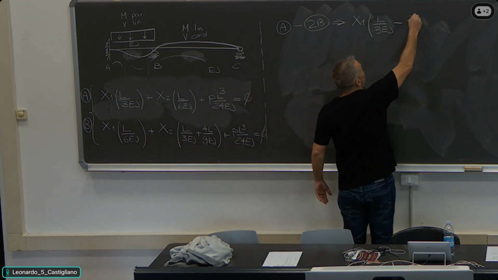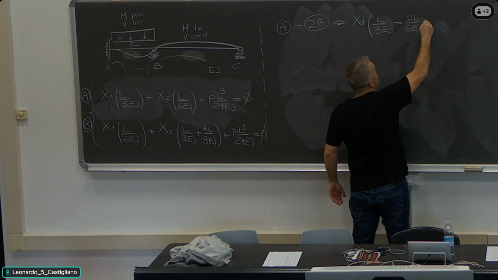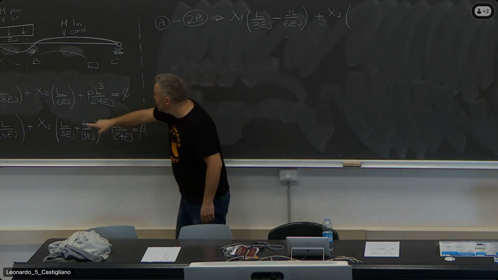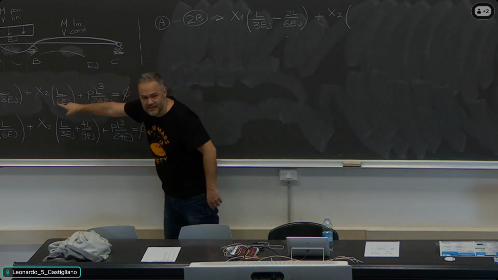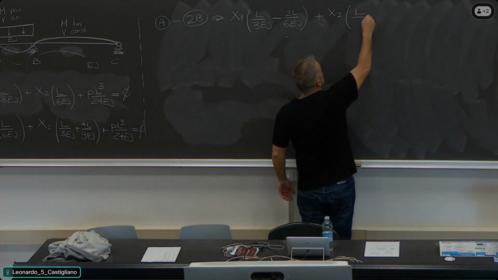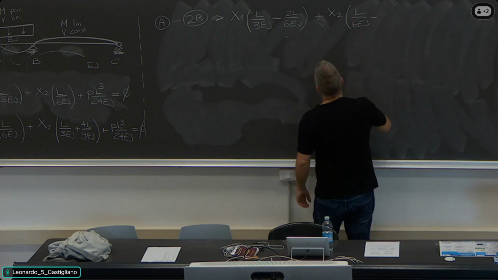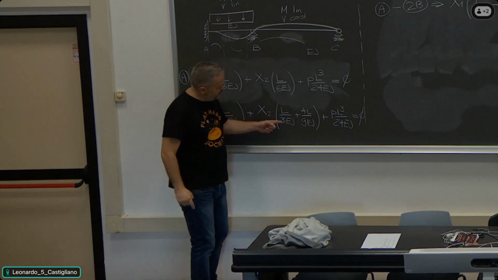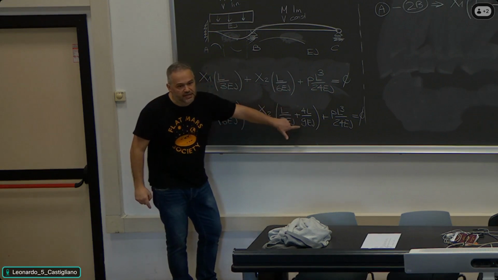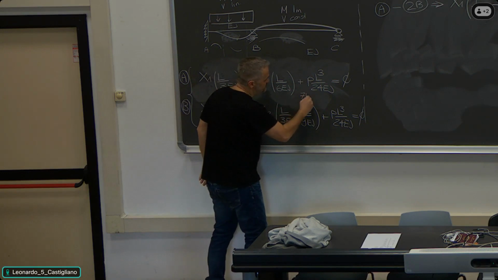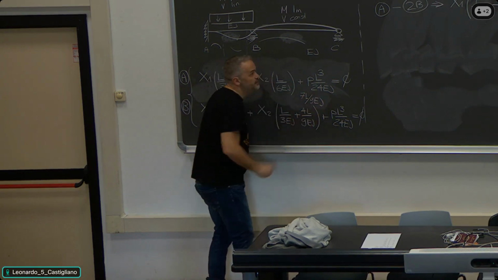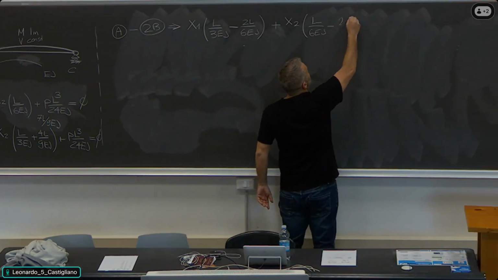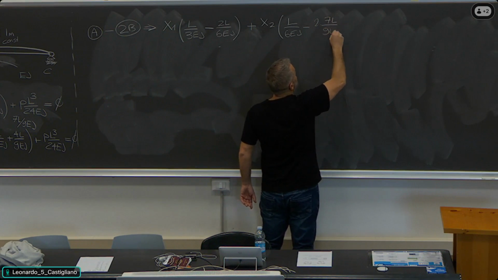So 2L divided by 6EJ plus x2, coefficient of A stays the same, L divided by 6EJ, minus, here the sum of this coefficient is L over 3, that is 3 over 9, plus 4 over 9 is 7L over 9. Okay? Multiply it by 2, so it's 2 times 7L divided by 9EJ